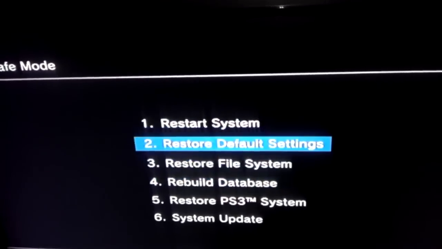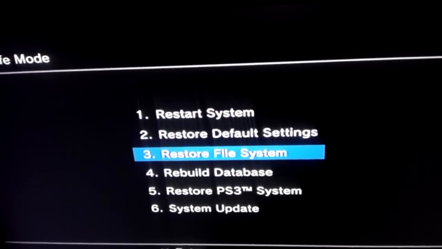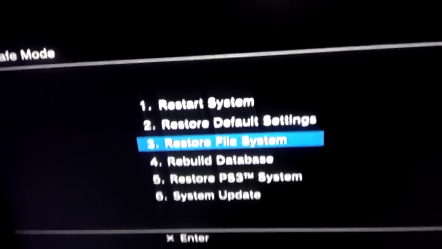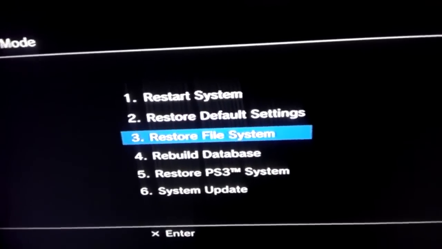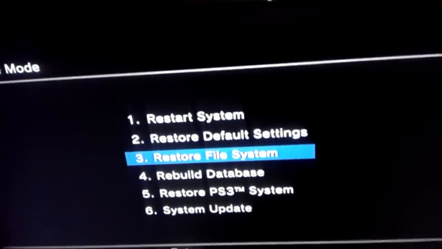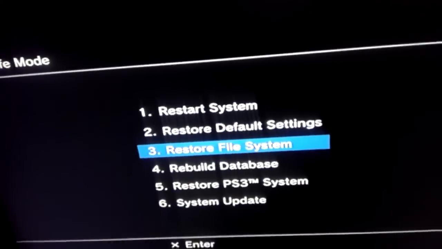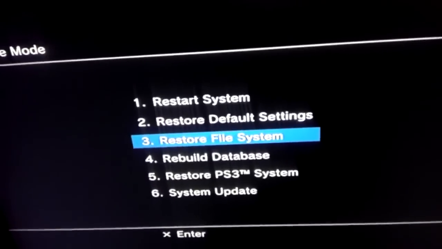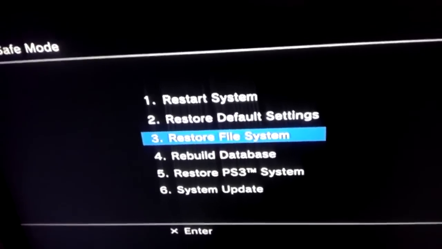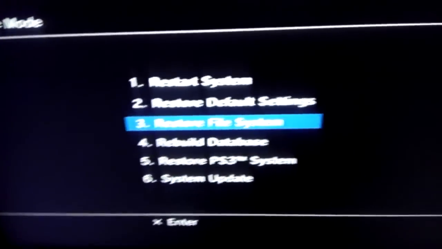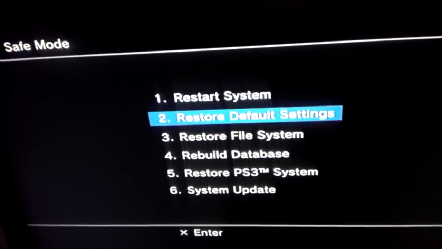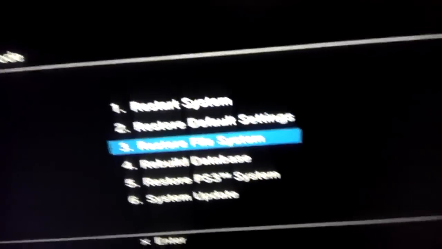Okay, basically, going into more depth about Restore File System, what it does is it finds the corrupted files within the update, and basically it corrects them for you. It makes them uncorrupted by using the update files. So, in a way, I guess. Okay, yeah. That's why when you update the system, you can't go back, because as soon as I